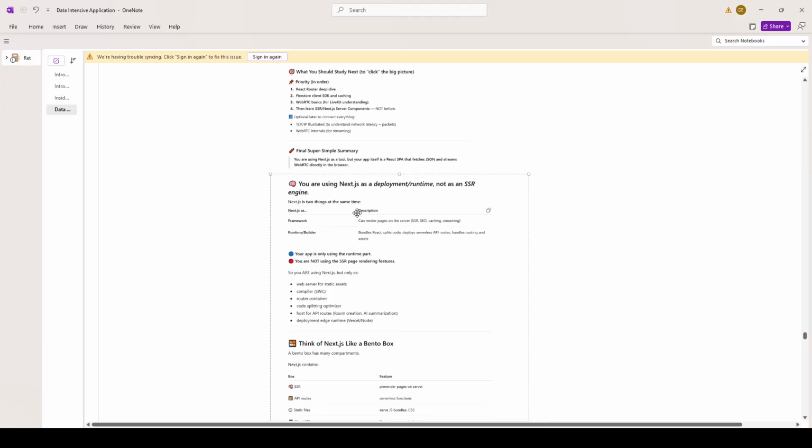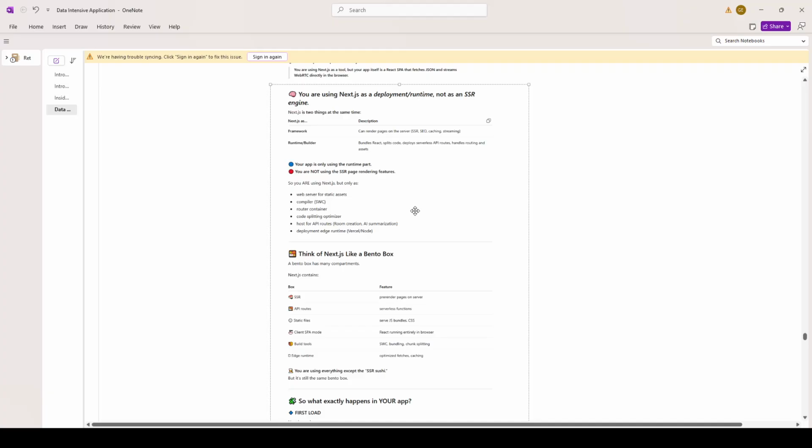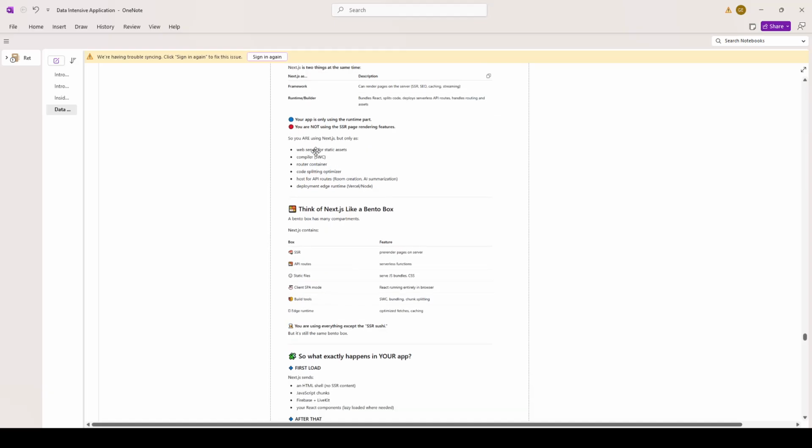Next.js is two things at the same time. Next.js can be a framework, which can render pages on the server: SSR, SEO, caching, streaming. It can also be a runtime or builder. It bundles React, splits code, deploys serverless API routes, and handles routing and assets. Your app is only using the runtime part. You're not using SSR page rendering features. So you're using Next.js but only as a web server for static assets